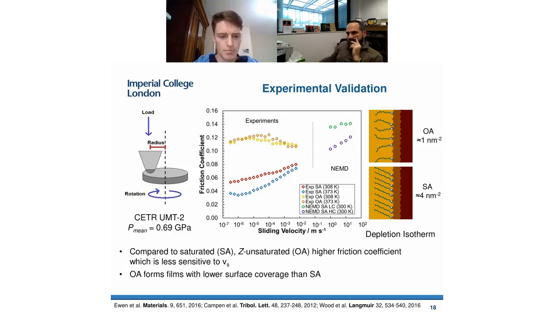So on the left-hand side is the experimental data, and on the right-hand side is the non-equilibrium molecular dynamics data. So they're separated by several decades in speed. That's a log, so the x-axis at the bottom is a logarithmic axis. The sliding velocities that you use in the NEMD simulations have to be much higher than they are in the experiments. The reason for that is that to reach a non-equilibrium steady state in the available simulation time,